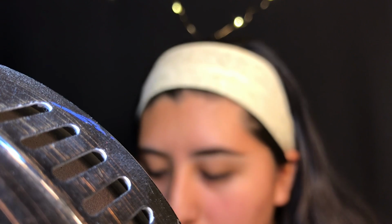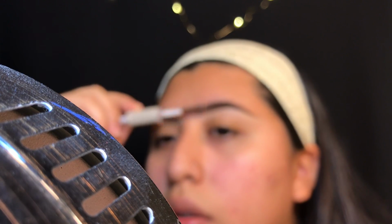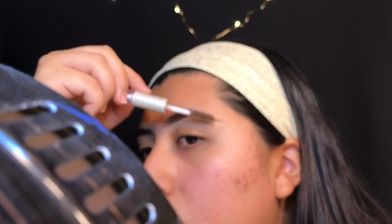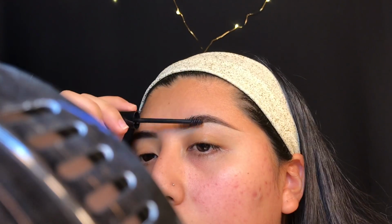So now I'm using my e.l.f. clear brow gel. I'm embarrassed to show it because since it's clear, it gathered my brow products, so it's dark. Bro, this is bomb. It holds your eyebrows really good. And it's $2. Wow. I also want to try this other product that I got the other day,